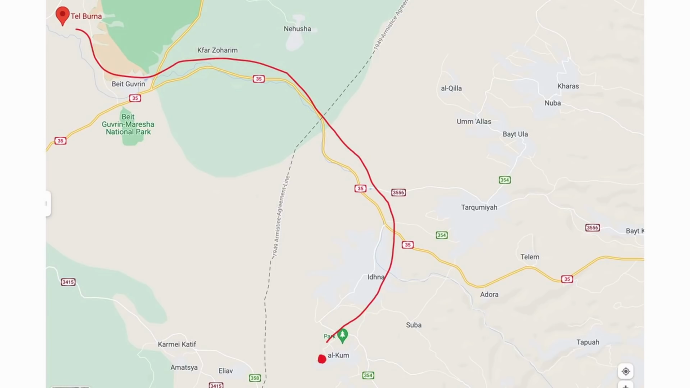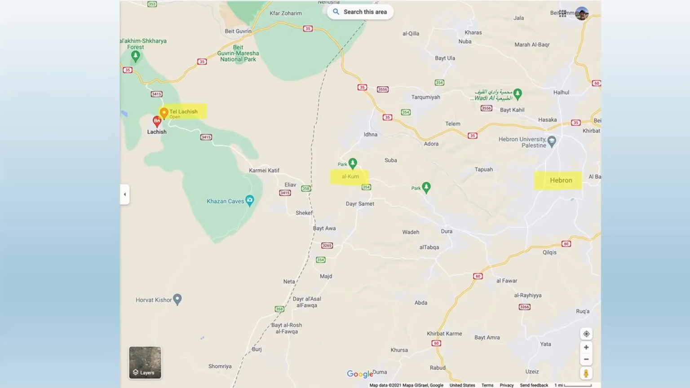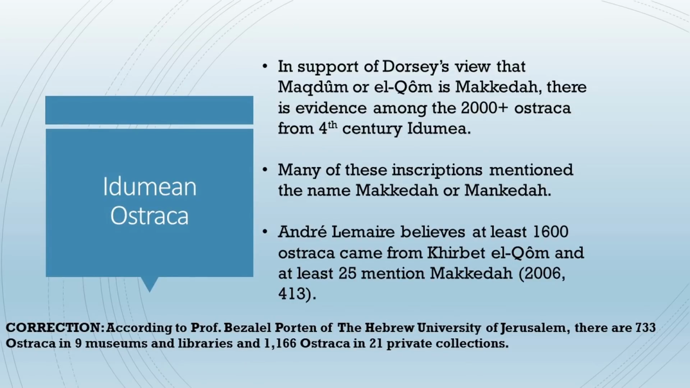And there gives you an idea. So they could travel up to Libnah, then down to Lachish, and then finish off Eglon, Hebron, and Debir. So in support of Dorsey's view that Makdum or Al-Qum is Makkedah, there's, like I said,